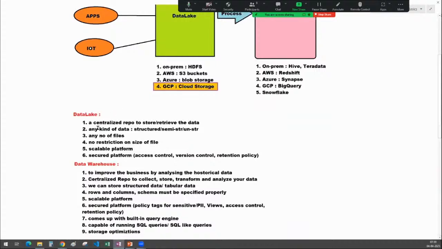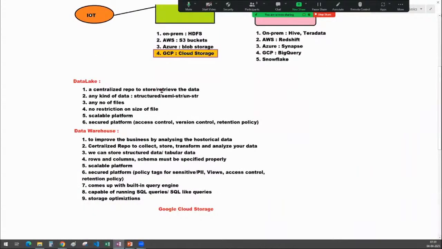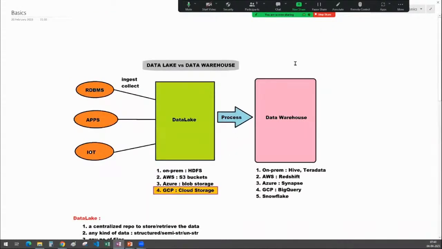A data lake is a centralized repository to store or retrieve the data. And what kind of data can we store, guys? Any kind of data we can store here. Okay, and do we have any restriction on the number of files that we can store here? No, there is no restriction on the number of files that we can store in the data lake. Okay, and it is a scalable and secured platform, right? So this is the definition of a data lake. Now